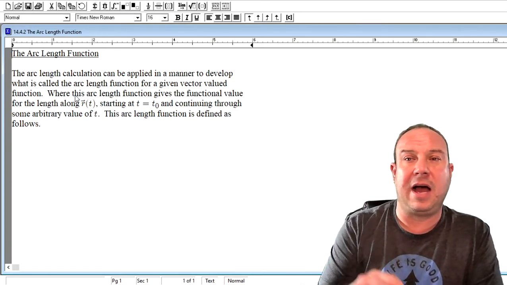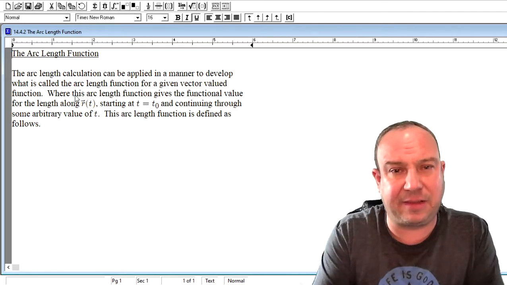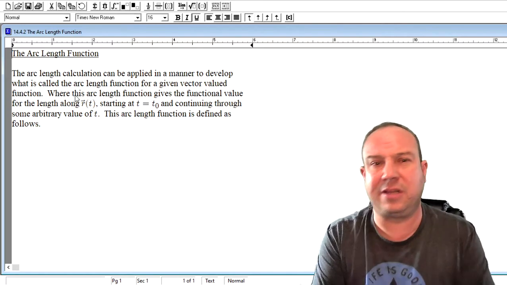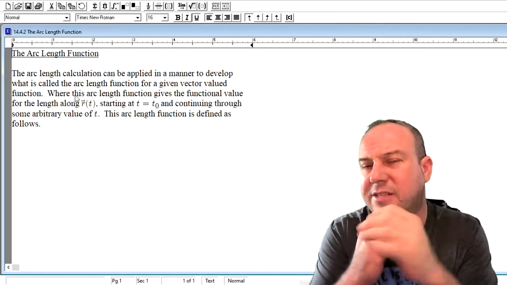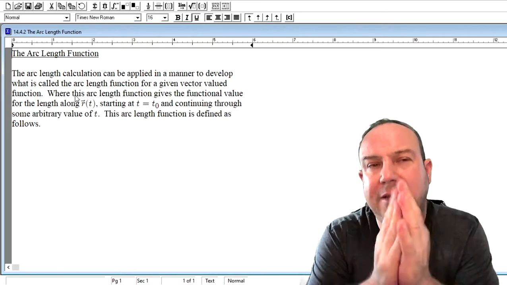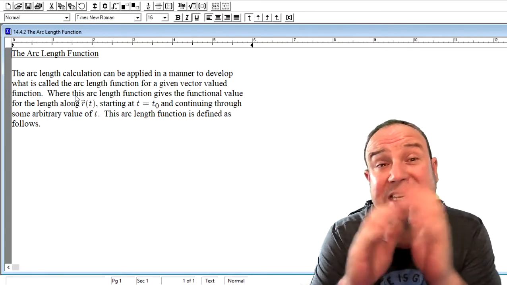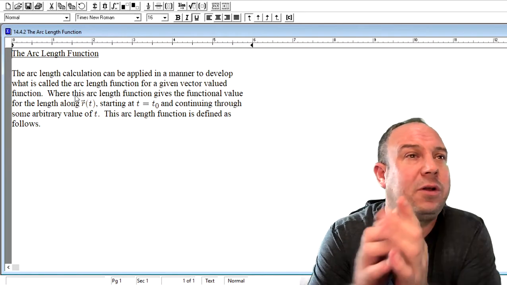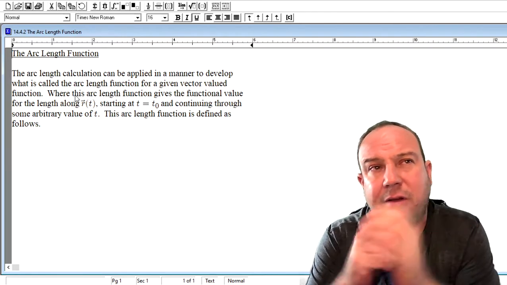It's going to help us define a unit of length in that n-dimensional space, where x isn't necessarily going to define a unit of length, or y or z isn't going to necessarily define a unit of length. Topic for down the road, chapter 17. It's coming, right? So to begin with, our little tweak here to get this arc length function,